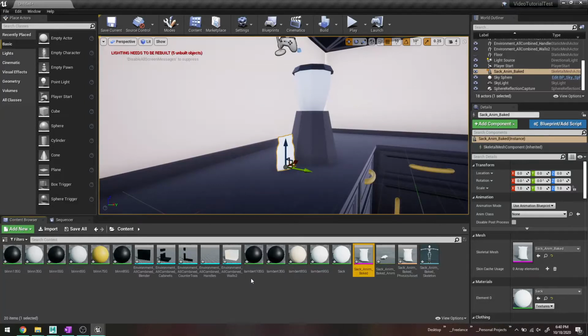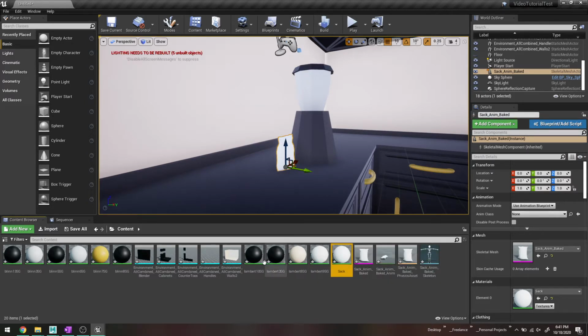Alright, some random things about texturing in Unreal. And again, disclaimer, my understanding of this is incredibly limited. However, I can show you how to set up basic shaders, and that, for now, is probably all you're going to need. So, I will start with this sack material, so if you double-click on this,